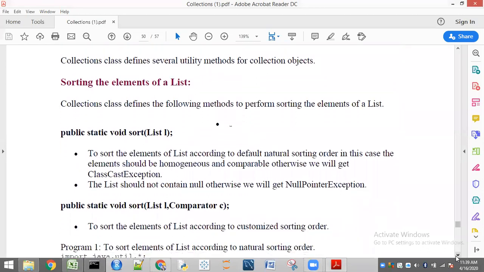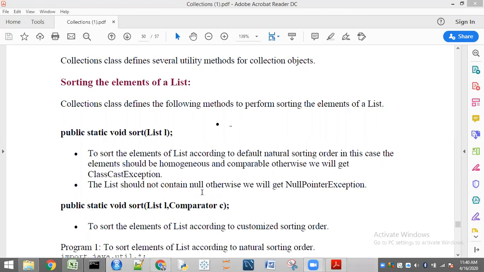So first, we are going to see the sort method. Already I have explained that every method in the Collections class is a static method. So if you want to call any method of the Collections class, you compulsorily have to use the class name. So here we say sort of list. That means in this bracket, I have to pass some list. If I'm going to apply the sort method, I have to apply it on some list. I will show you a direct example.